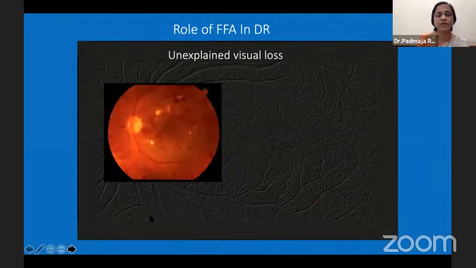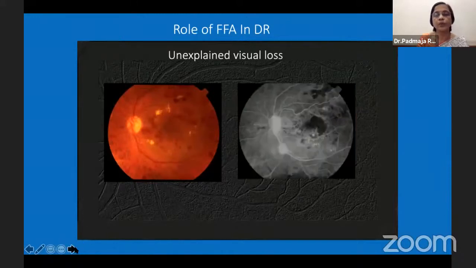And unexplained visual loss. So this is a patient who came with diabetic retinopathy changes, and you can see some hard exudates and some hemorrhages. And here, this is the central part which is important, which we call the foveal avascular zone. The patient had only CF 1 meter, and when we do an angiogram, we clearly see that complete macular ischemia is there. That means this zone is wiped off. But along with that, we could also detect what we could not see: subtle neovascularization could be easily picked up by an FFA in terms of the increased leakage. So that's how FFA can be useful.